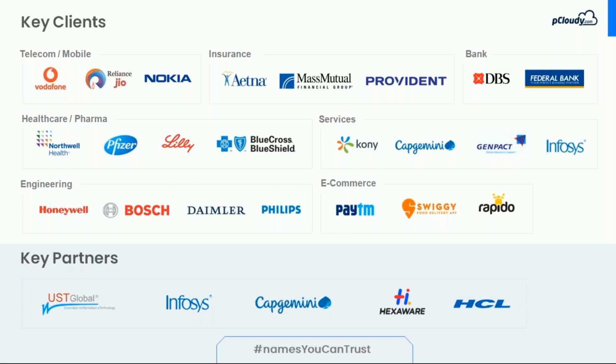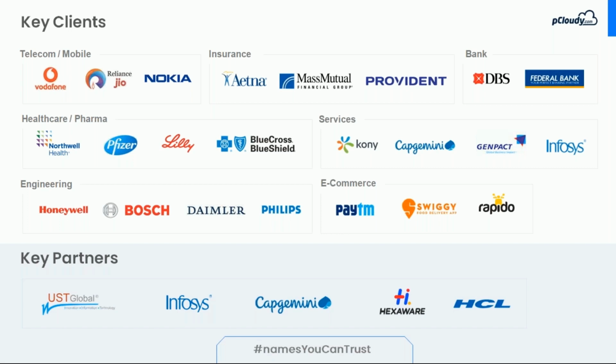Now, the solution which we have at pCloudy is all about mobility, is what you would have got a sense of when I was giving a brief introduction about pCloudy. So we have not restricted ourselves only to the mobile solutions, in the sense Android and iOS. We also have the capability to support custom hardware, which we have already demonstrated in the past, and a couple of customers are already using their custom hardware on pCloudy in their on-premise solutions. So that's why I was calling it a one-stop shop.